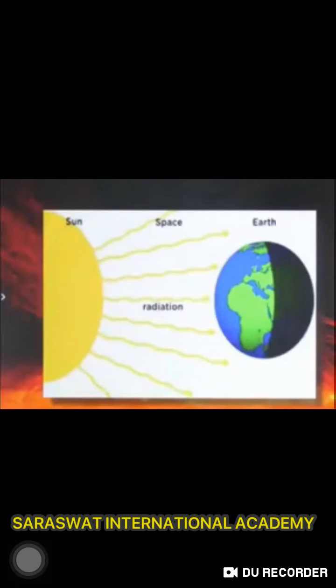When we come out in the sun, we feel warm. How does the heat from the sun reach us? It cannot reach us by conduction or convection, as there is no such medium between the earth and the sun. From the sun, the heat comes to us by another process known as radiation. The transfer of heat by radiation does not require any medium. It can take place whether a medium is present or not.